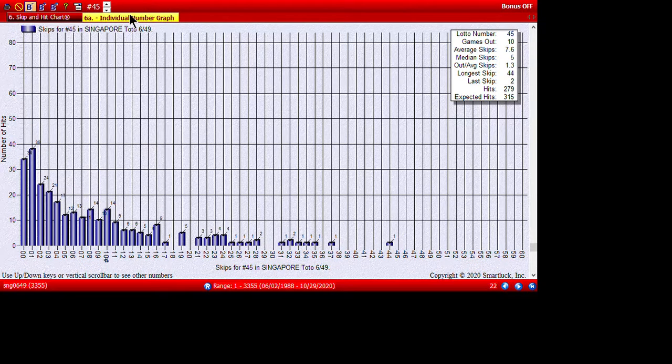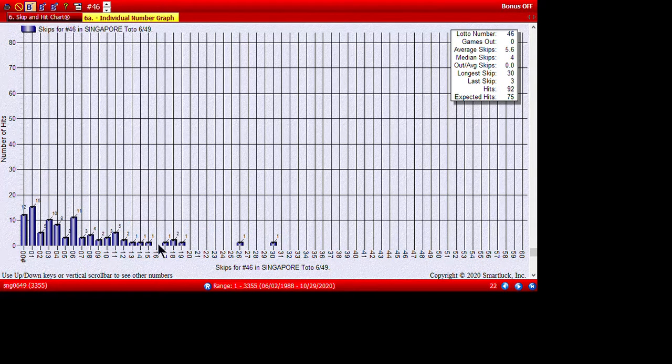Alright, maybe not. Maybe the 45 just didn't come out a lot, but it could have been a separate matrix change. But here, after 45, you can see there was definitely a matrix change here at 46. And I would filter out, and it's a very hard thing to do. They add numbers, and you want to start playing them. You want to look because they're going to come out. But you may just not play any numbers higher than